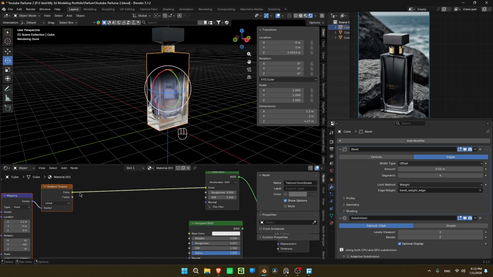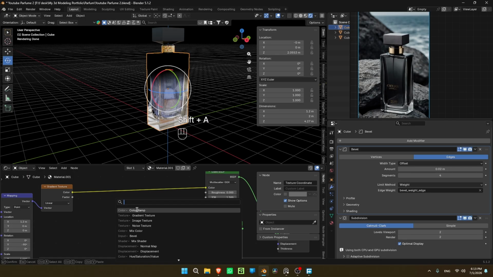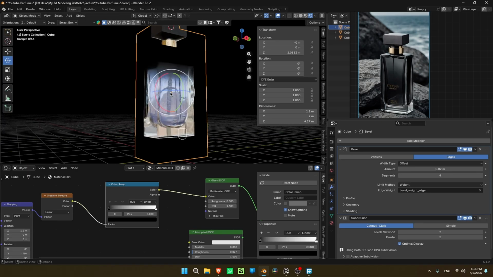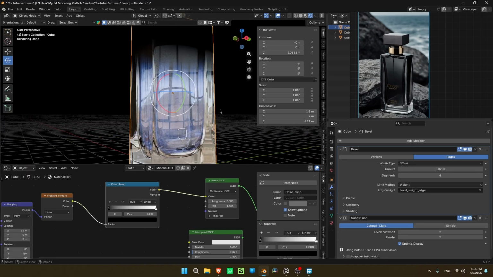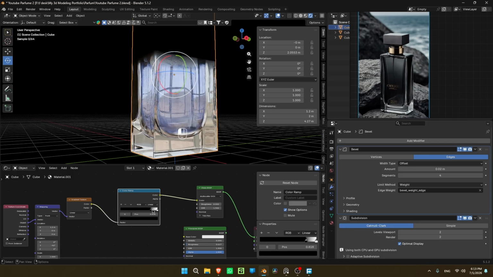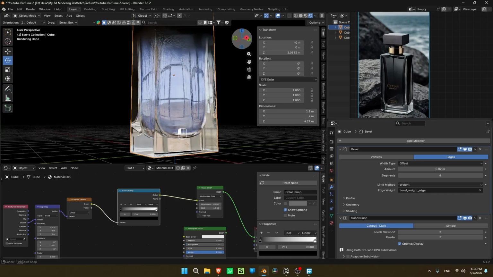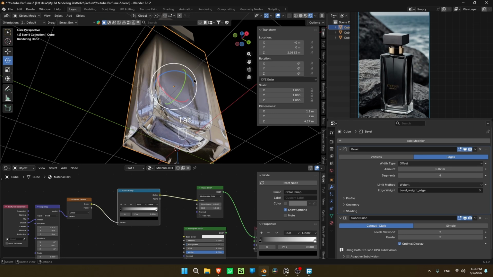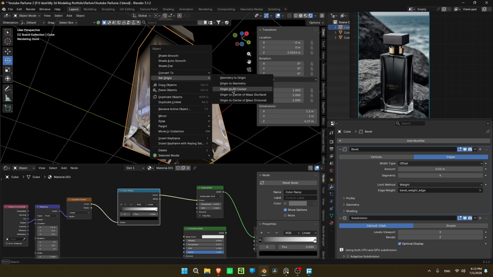Alright, let me just move those here, Shift A, and add a color ramp. So this will give us the ability to control the strength in here. And the second thing, we're gonna need to move the origin to the bottom. So if you see it in here, if we increase the strength, we will be limited on this side, okay? And we don't want that. So I think just go and select simply in here and add our 3D cursor in here. Let's go back to Object Mode, right click, Origin to 3D Cursor.